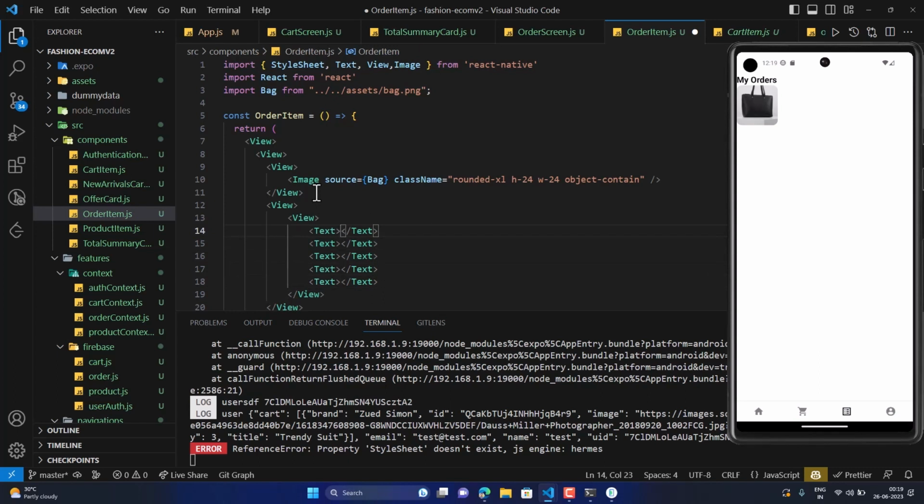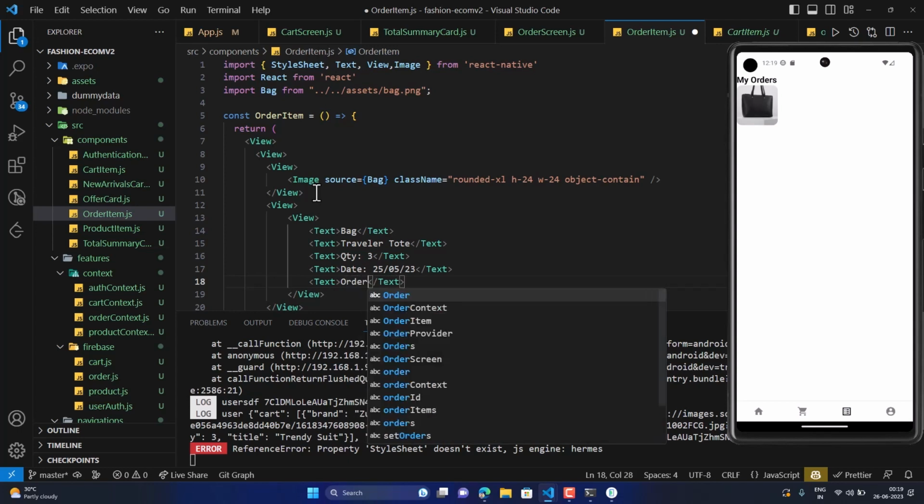Let the title be again bag, and the brand be traveler tote, and quantity be 3, and the text date be, let's give it a random date, 25/5/23,